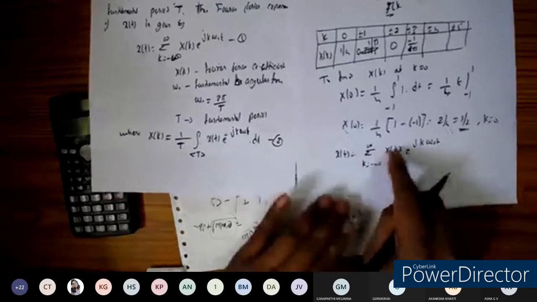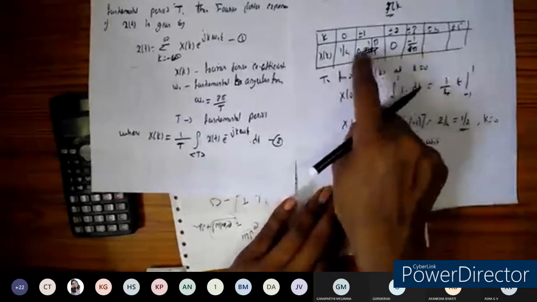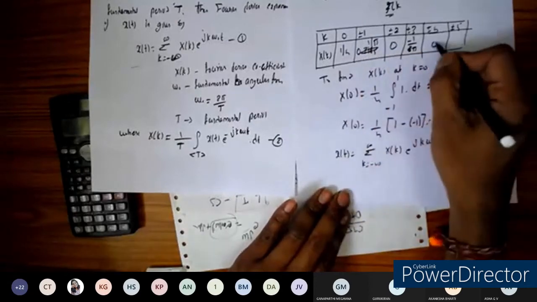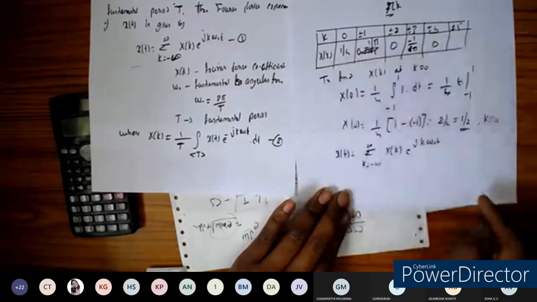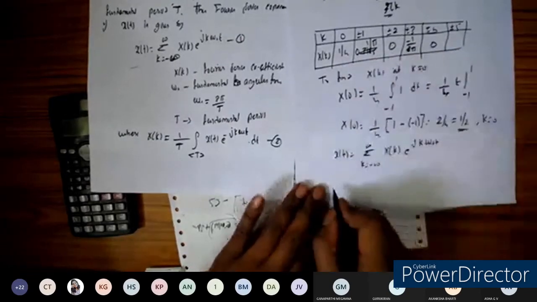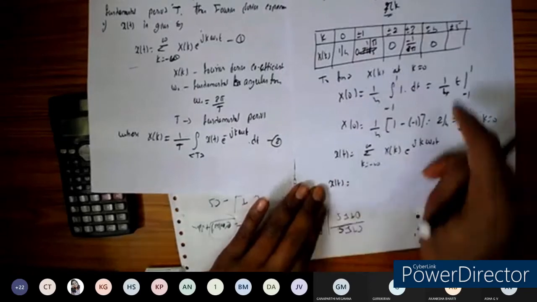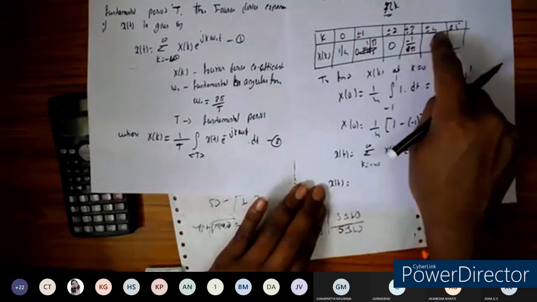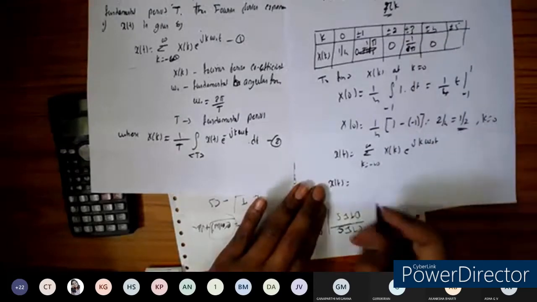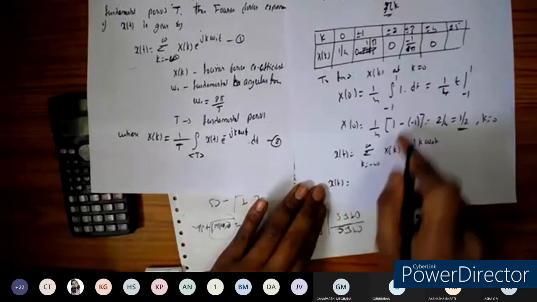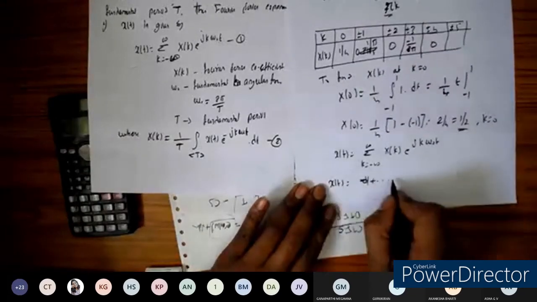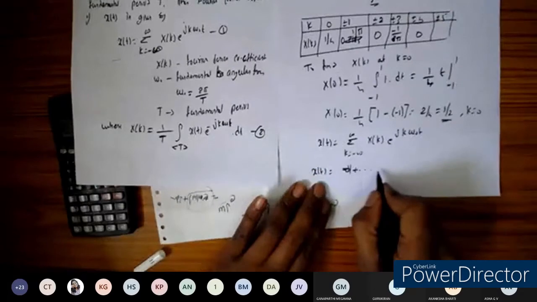Okay. So now for the different values of k, we have the value here. For k is equal to plus or minus 1, it is 1 by pi, 0, 1 minus 1 by pi, and 0, and so on will be there. So you can expand the value like this. If I substitute k is equal to 4, it is 0. K is equal to plus or minus 3, I'll take here. If I substitute k is equal to minus 3, x of minus 3 is minus 1 by pi. Since it is continuing, I can represent like this, plus plus plus.